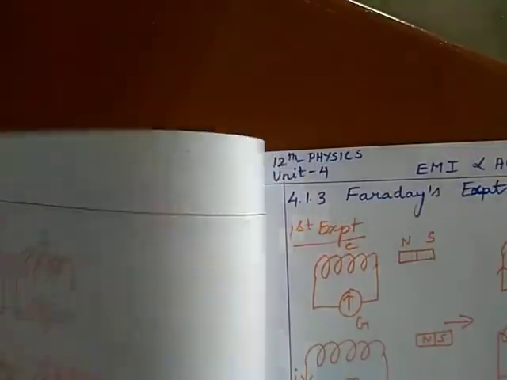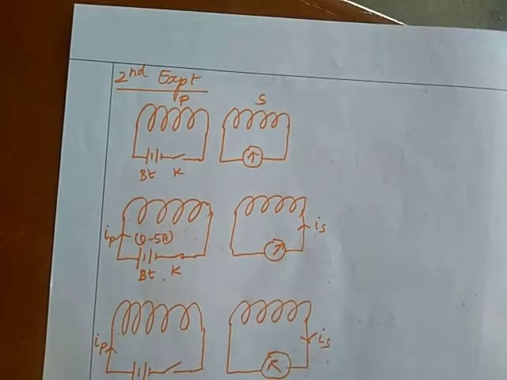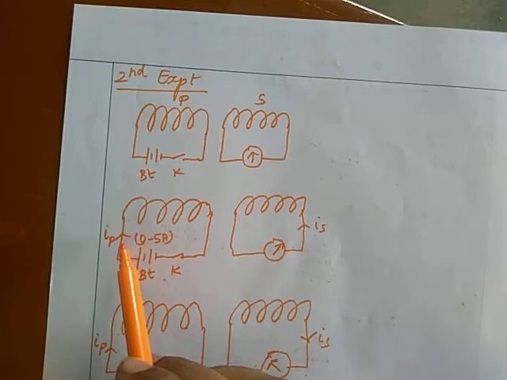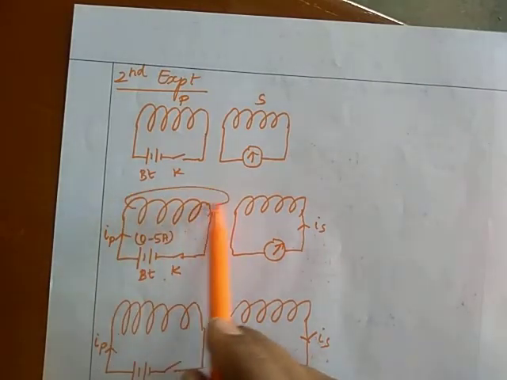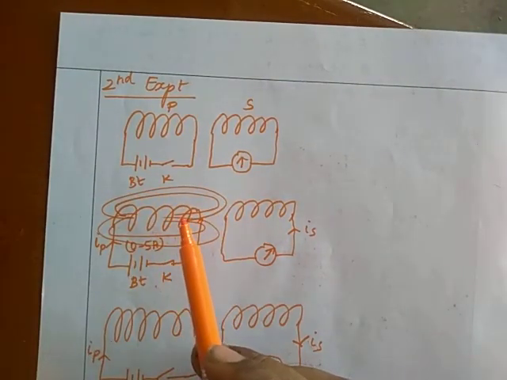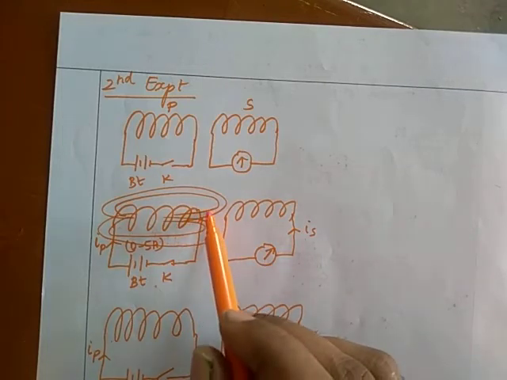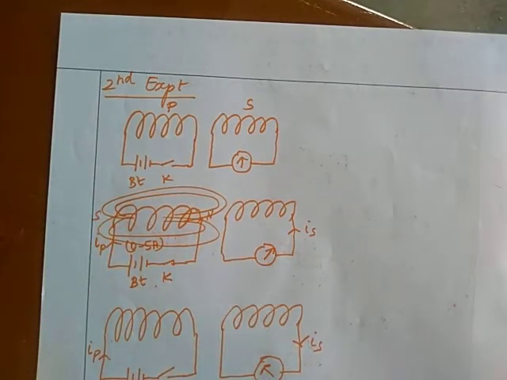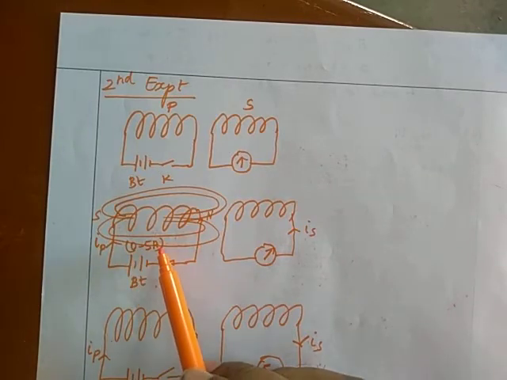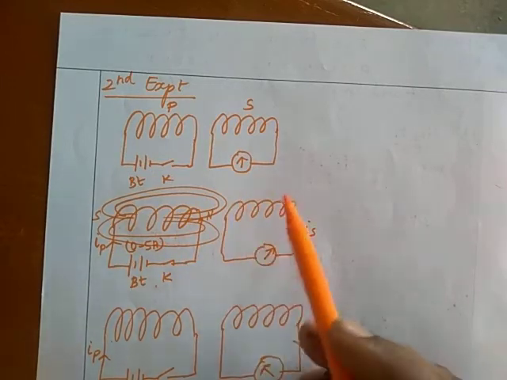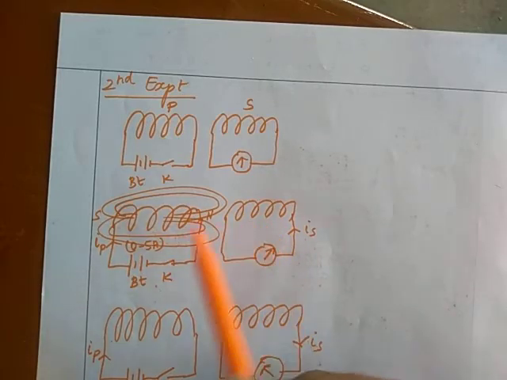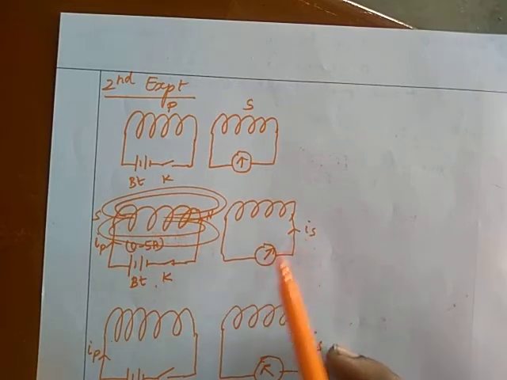Okay, here in the second experiment we know whenever the current is flowing in the coil, it produces a magnetic field around the coil. Here the current is flowing in this direction, so it behaves like a magnet like this. Okay, by the right hand thumb rule, we can consider this one is north pole, this one is south pole. Here the current goes from 0 ampere to 5 ampere, so magnetic field lines also increase. In that case, it produces some flux linkage. Due to this flux linkage change, it produces the current in the secondary coil.